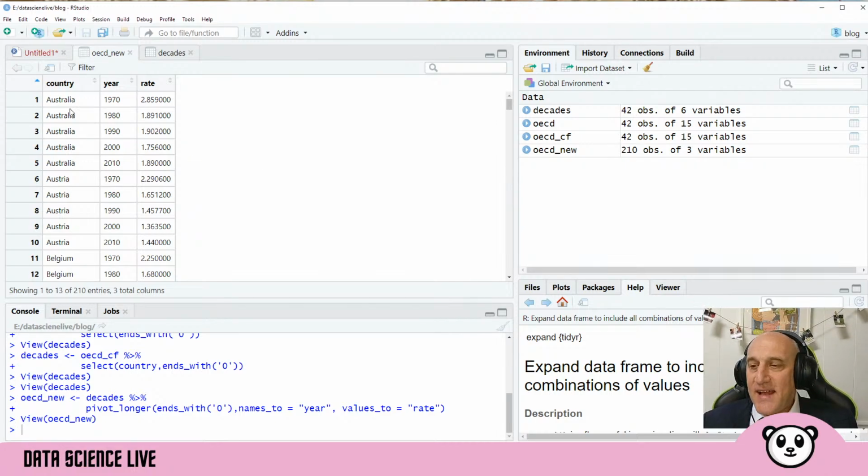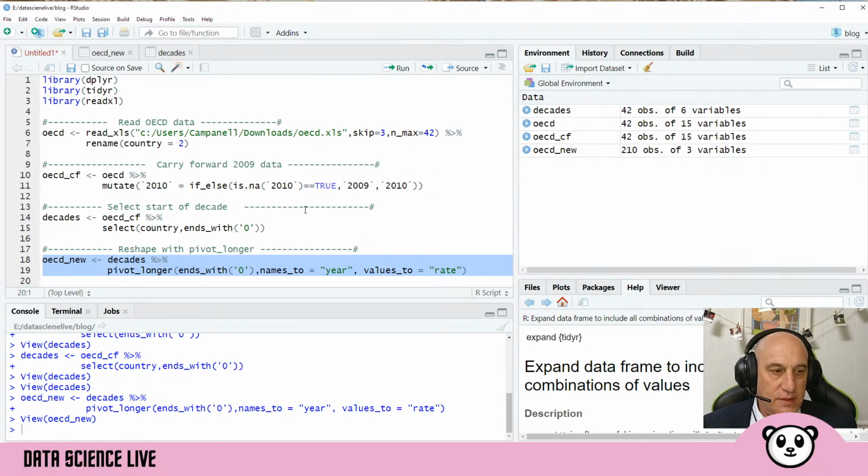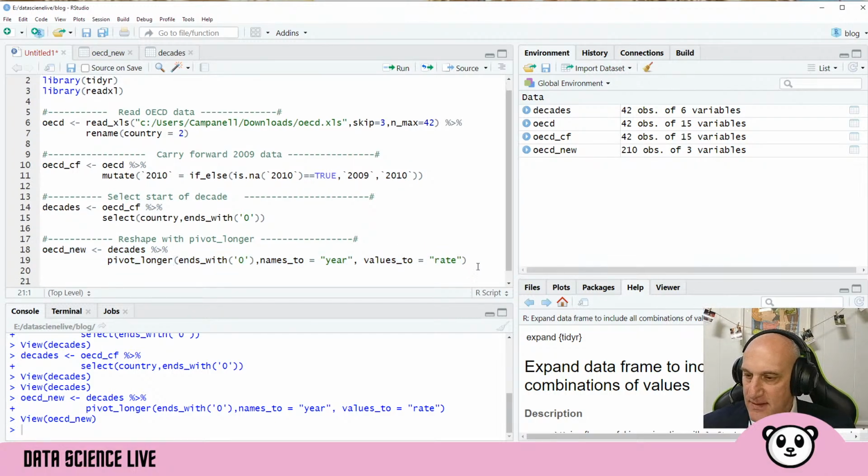Now, that's good, but for our next episode, I want to be able to select out little countries and start to do some visualizations. So we need to do another transformation on top of this transformation, and that transformation is going to be pivot wider. So let me take this down here, and we're going to put my comment in here